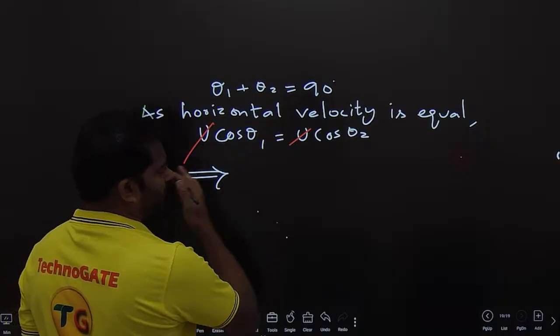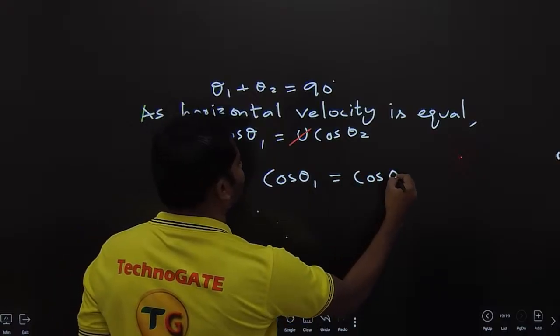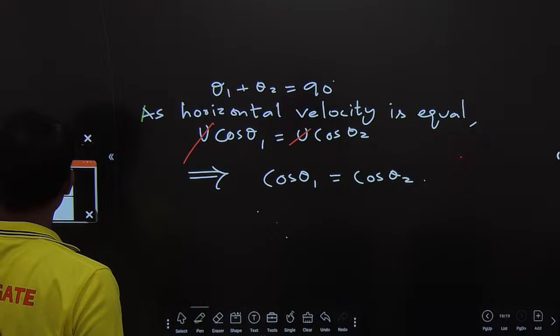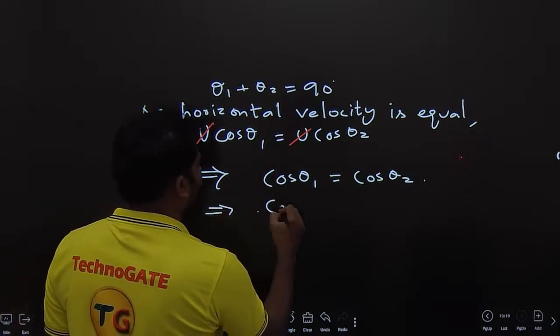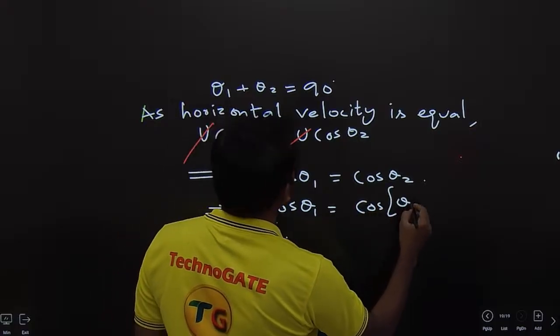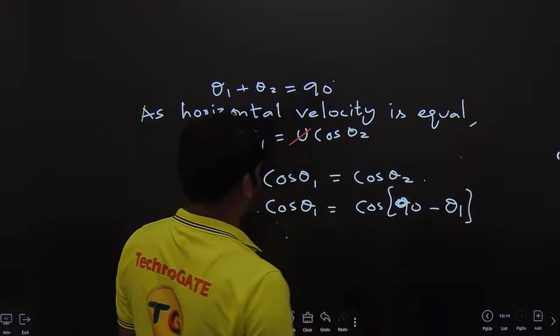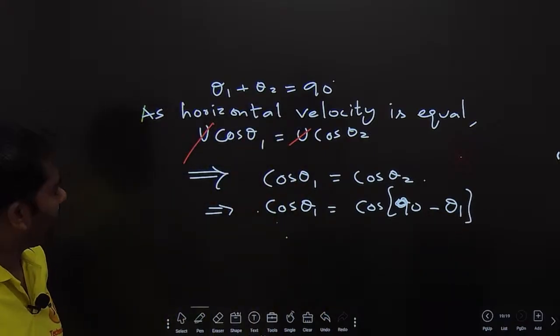Fine, that's the same anyway. So we need to get cos theta 1 is equal to cos theta 2. And what is being asked here? What is the time taken? So we need to get the time taken. So we have theta 2 as 90 degrees minus theta 1. Okay, so this is the value here, but we need to get time, right? What is the time that is taken so that it is becoming like this?